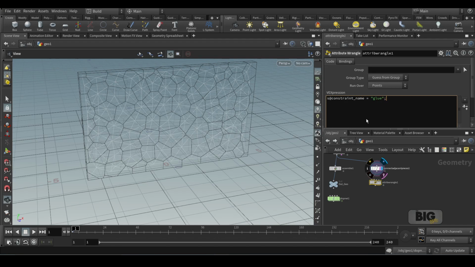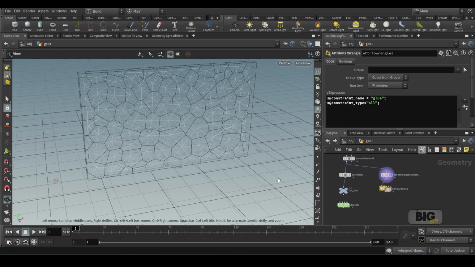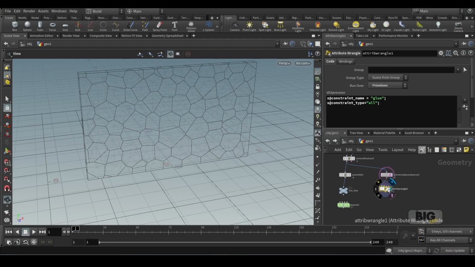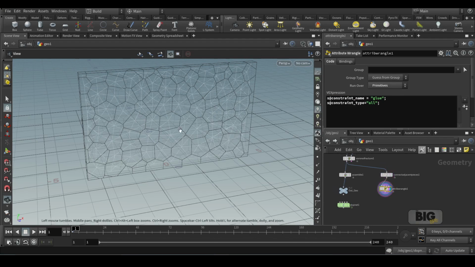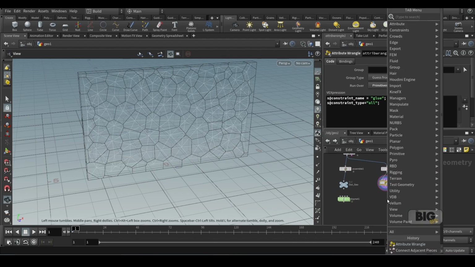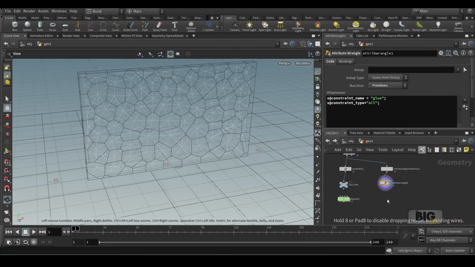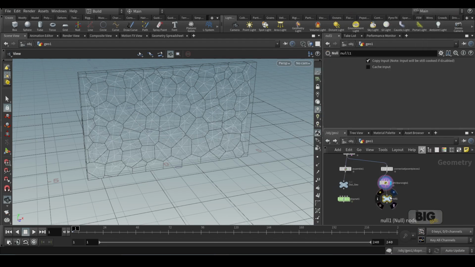You can put down anything here, and s at the rate constraint underscore type is equal to all, and we're gonna run this over primitives, as our Voronoi pieces are primitives. And now here we can put down a null node again, and we can call it out underscore con for